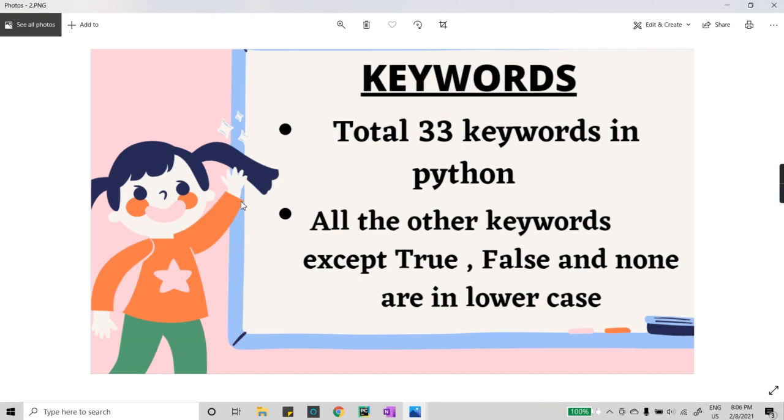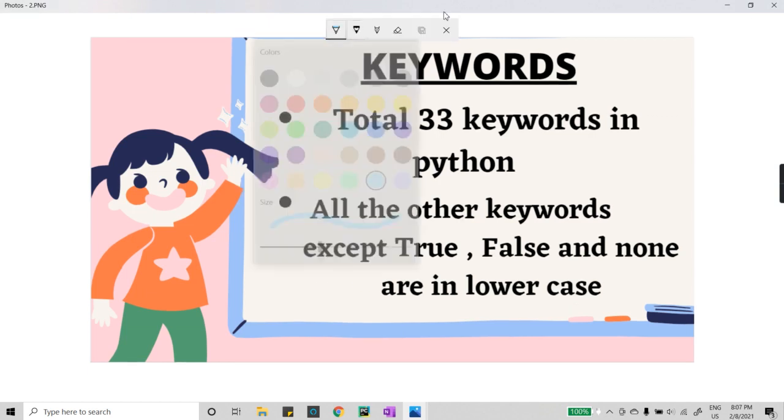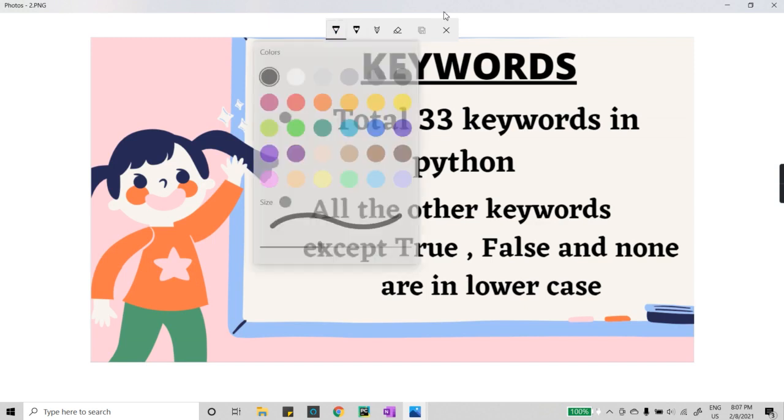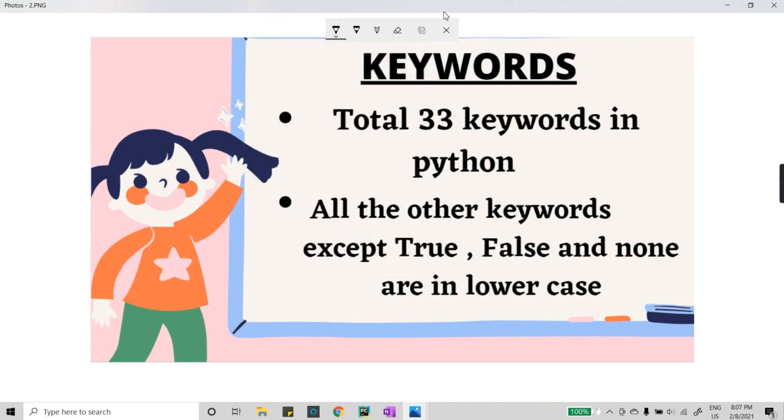Okay, so in here we have 33 keywords, and here's one condition: the keywords True, False and None are the only three keywords which have their first letter capital. Other than that, all other keywords are written entirely in small letters.